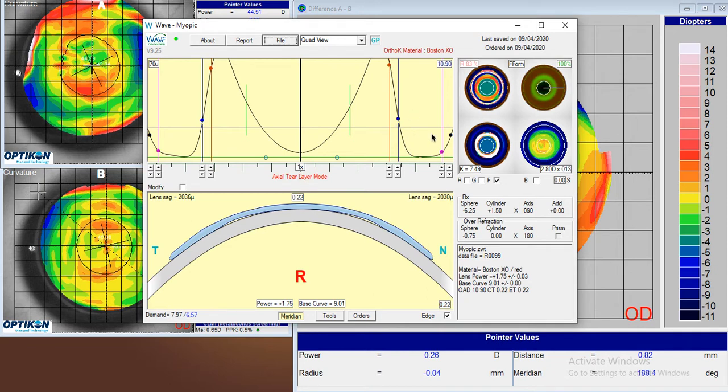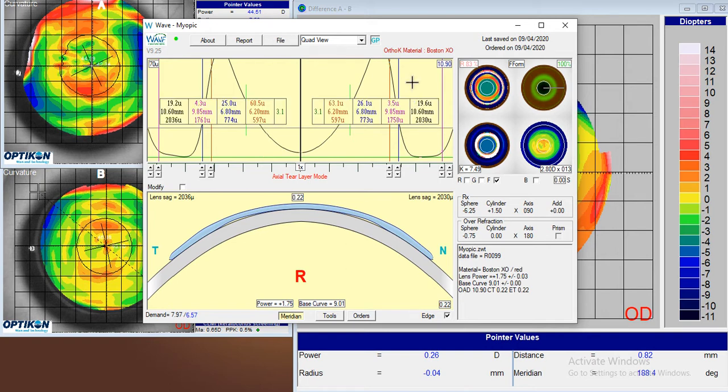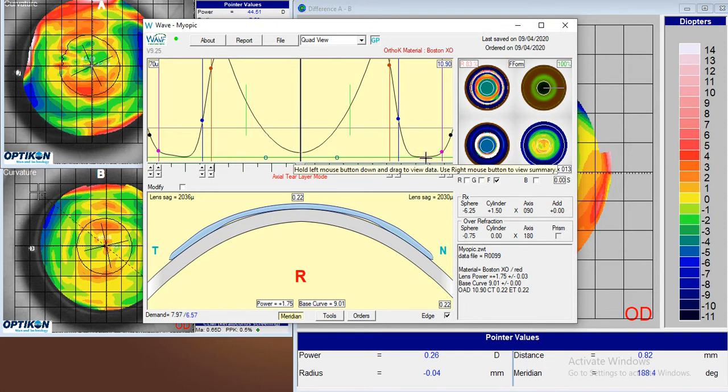When we're making changes out in the periphery, I think it's most helpful to think about changes in terms of depth, sagittal depth in microns, as opposed to curvature. So if we right click, we can see that right now we've got a depth of 773 microns at the blue control point and 1750 at the pink control point. If our target is to get more touch here and maybe just a little bit more touch here, in other words,